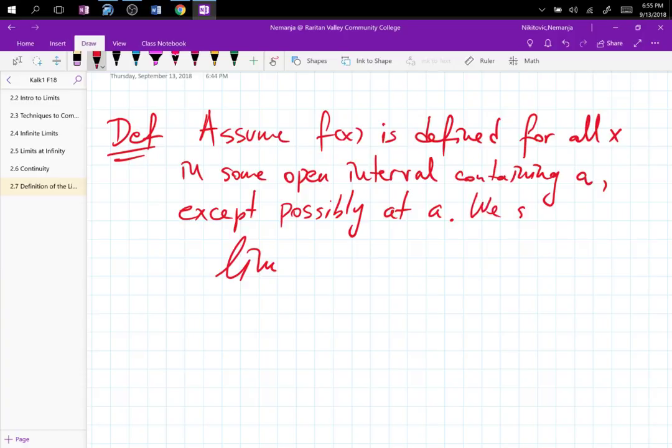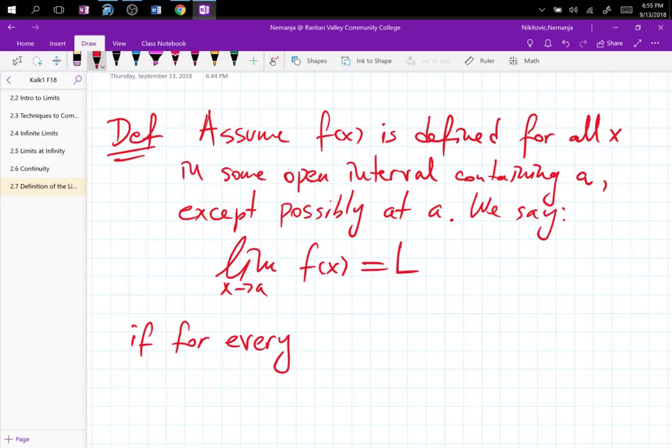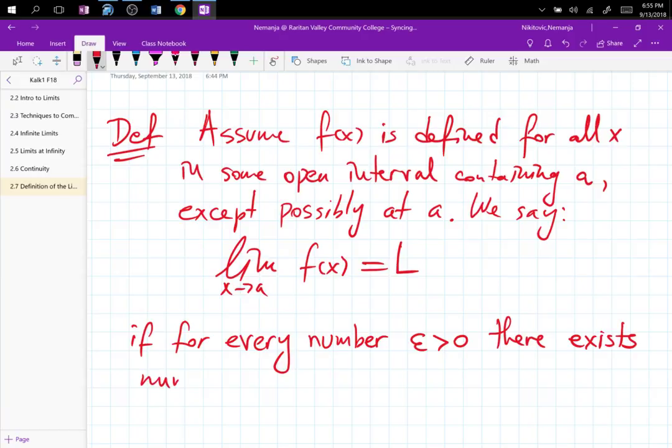So we say the limit as x approaches A of f of x is equal to L if, and here is the core of the definition, if for every number epsilon larger than 0, there exists a number delta larger than 0 such that